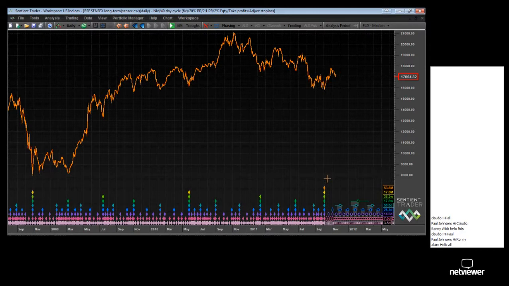I won't speak too much about the analysis, but as you can see, the Indian market was expecting a trough, a very important, prominent trough of 4.5-year magnitude to be occurring round about now, exactly as we've been talking about for ages with the American market. And you'll notice that the analysis that Sentient Trader has performed has positioned that 4.5